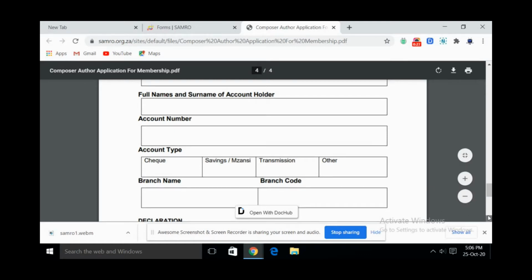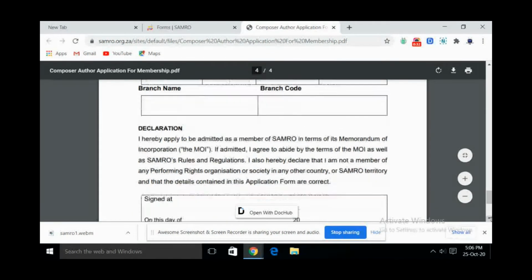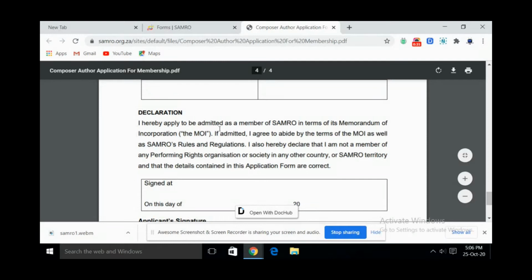I hereby apply to be admitted as a member of Samro in terms of its memorandum of incorporation. If admitted, I agree to abide by the terms of the memorandum of incorporation as well as some rules and regulations. I also hereby declare that I am not a member of any performing rights organization or society in any other country or territory, and that the details contained in this application are correct. If so, then you sign. You sign it on this day, and then you put your signature,